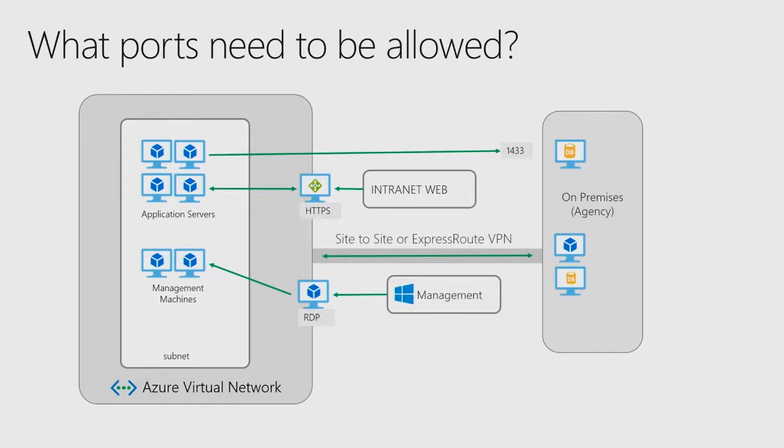So this is just a pretty simple example: you have an Azure virtual network on the left-hand side, an ExpressRoute connection between that, and then you have an on-premises agency. But when you think about it, in some cases, dealing with government agencies, traffic is not just permitted by default to any IP address to any port. So you have to really understand, what do I need in order to connect?